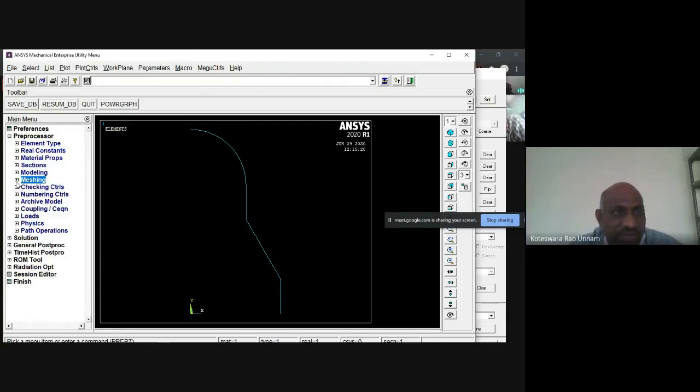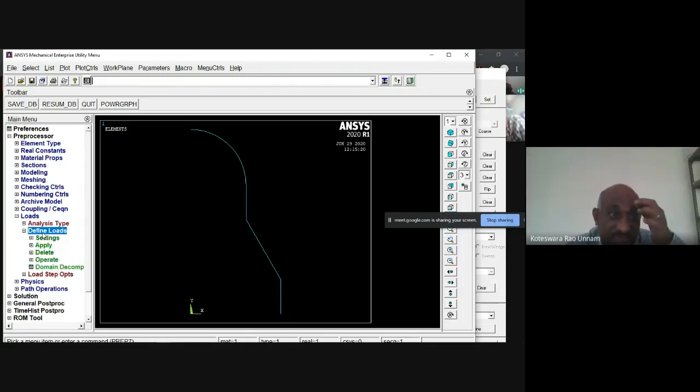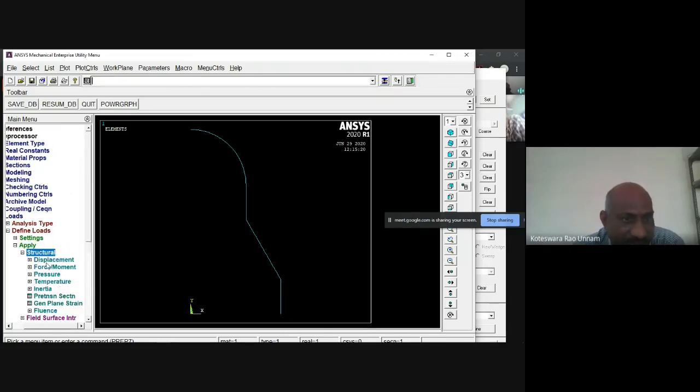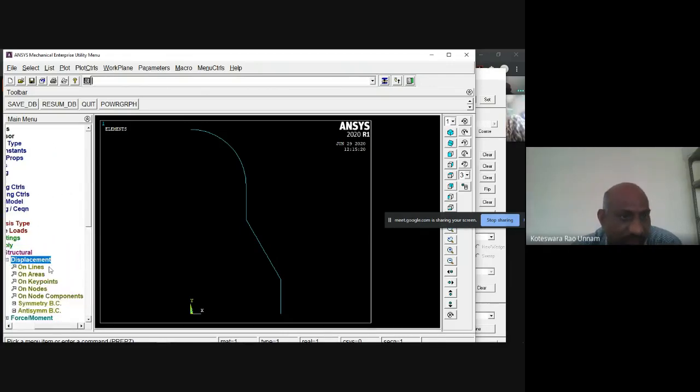Then you need to apply the loads and boundary conditions. So go for loads. Of course our analysis is static analysis only. So you need to select apply structural displacement. You can apply it on key points or nodes. Any one is okay because we have a node at this location and at this location.